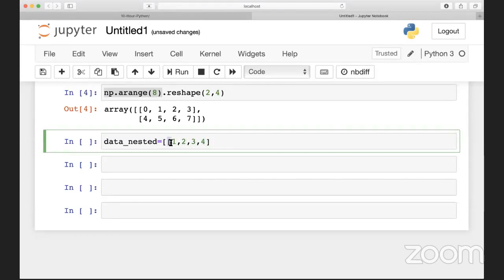I use brackets here. The first bracket is by default; you need it if you want to have the NumPy array. Then if you want to create more dimensions, you need to open and close the brackets. So I first open and close the bracket, and inside of it I type 2 different arrays here. You see,